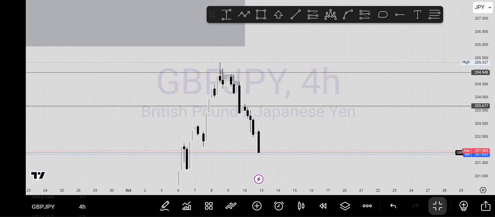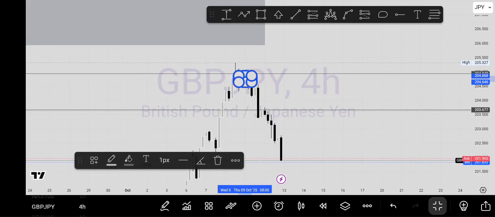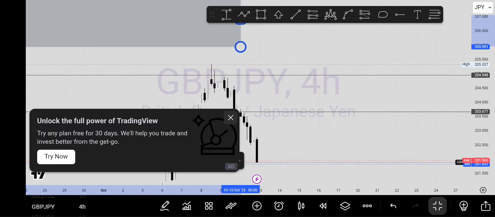Now let us take a keen look right here. In our 4-hour time frame, you can see that there are several rejections. The market pushes up, the 4-hour candle pushes up, and it gets rejected immediately. It pushes up, it gets rejected, it pushes up, and it gets rejected. For me to consider my candlestick as an order block, it should be a bearish engulfing candle or a bullish engulfing candle. So now here we have the